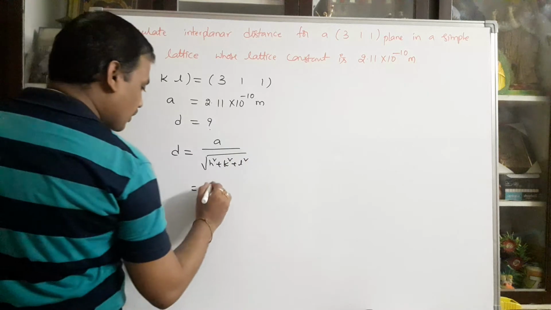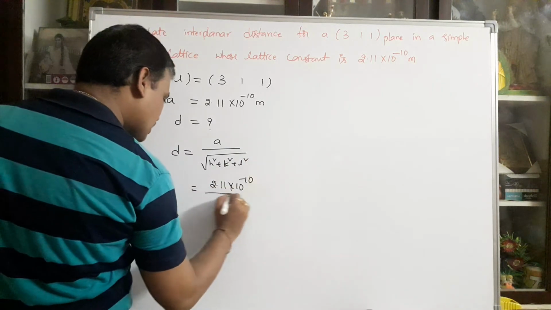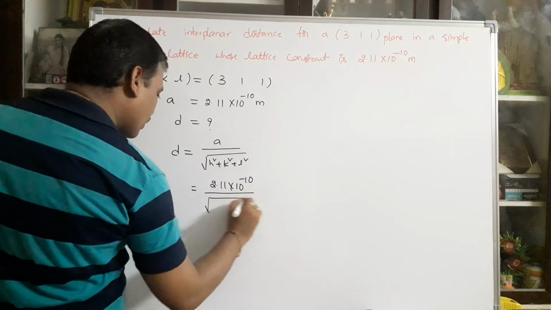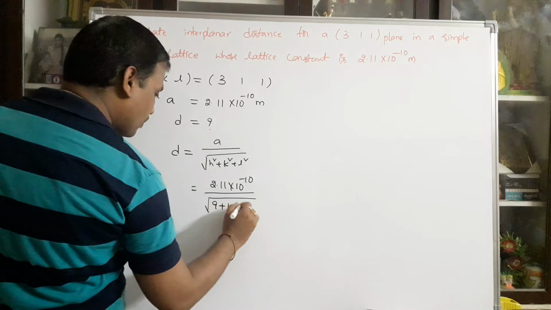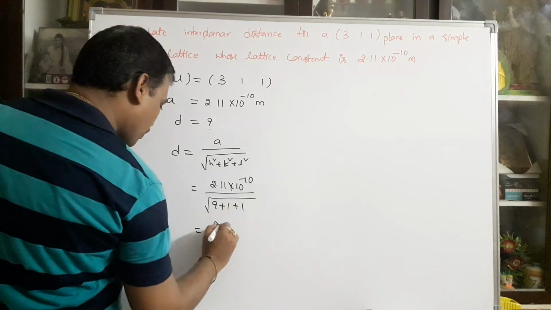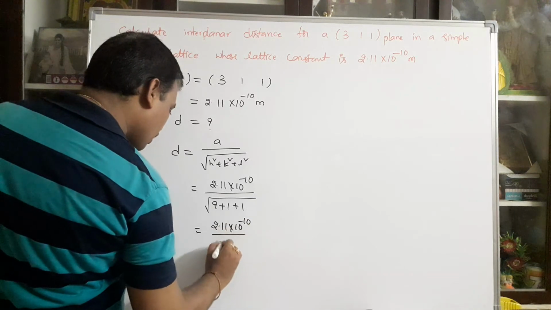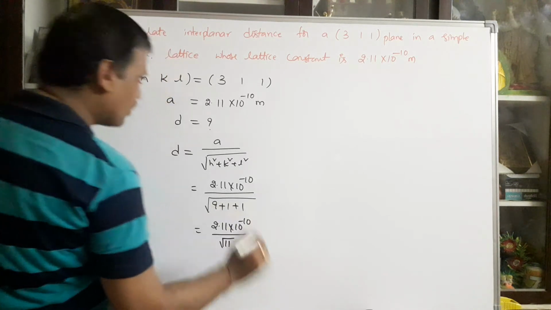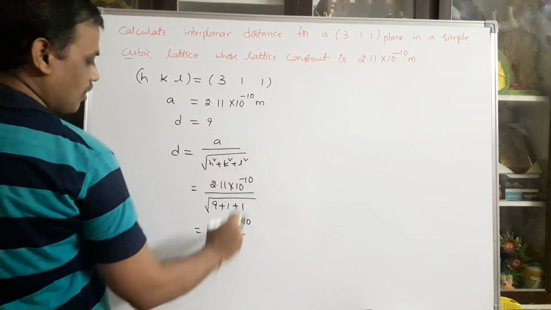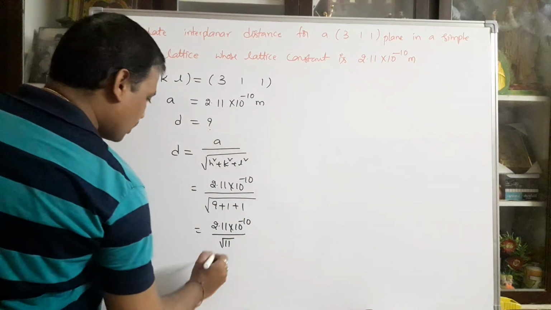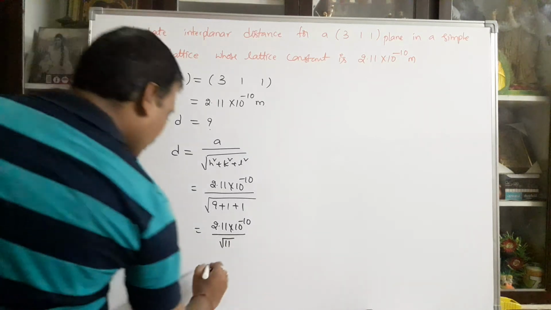The a value is 2.11 into 10 power minus 10 meters divided by the square root of 3 square, 9, plus 1 square, 1, plus 1, which is 2.11 into 10 power minus 10 divided by root 11. Here a is given in meters, so the answer is also in meters. The final result is 6.358